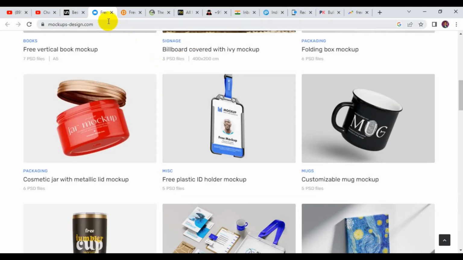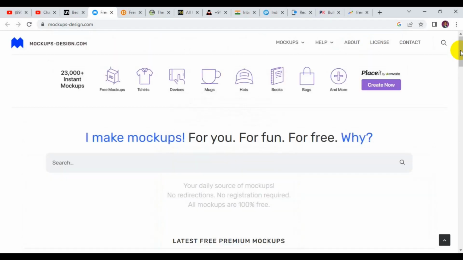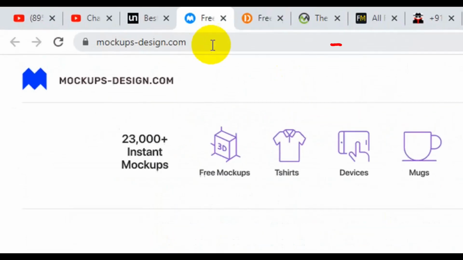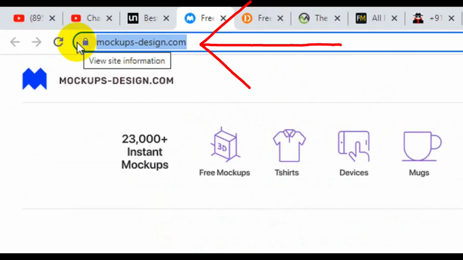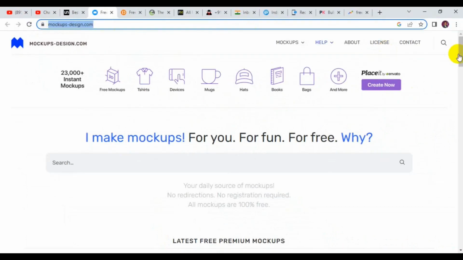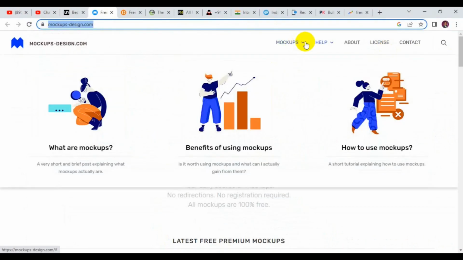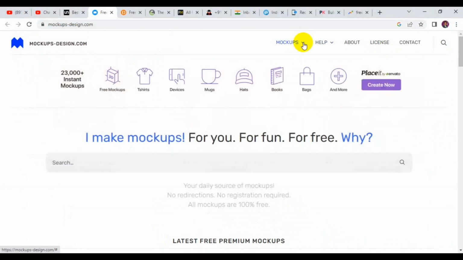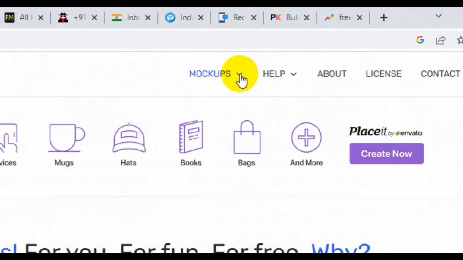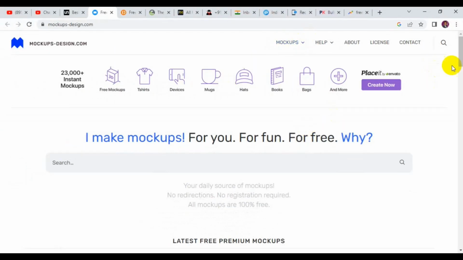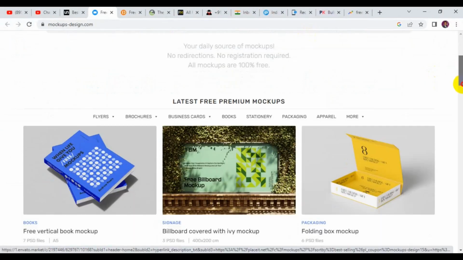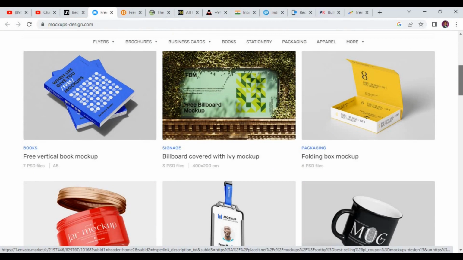Another great website I want to show you on how you can get free PSD mockups for your design right here is mockups-design.com. This site also offers great high resolution free mockups. For you to get some mockups, you can navigate from the home tab on the site right here. Click on mockups, then this is going to drop down and you can pick any one of your choice, or better still, scroll down and then browse from